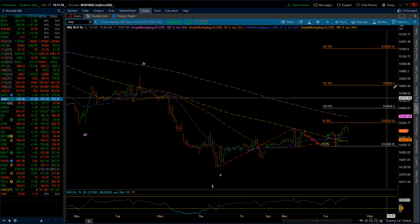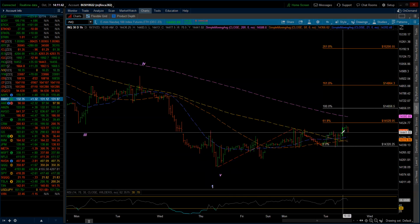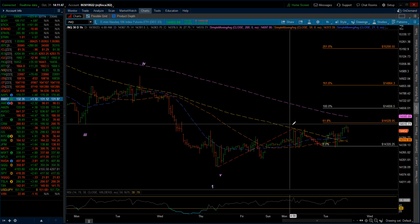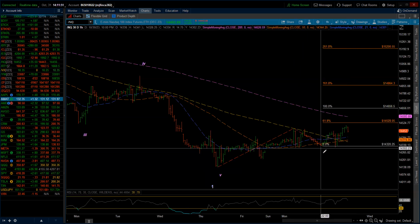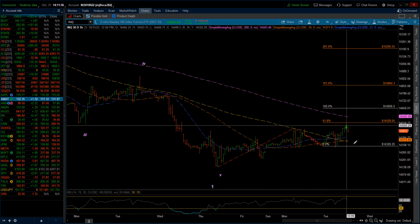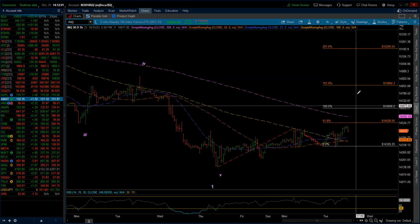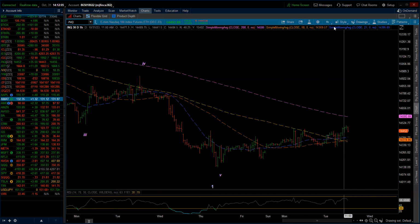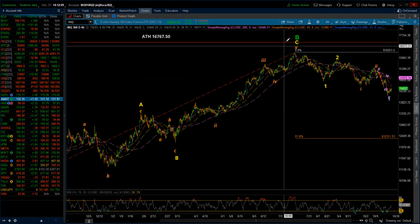And you could see where we were getting. We were getting up pretty high to what this could be. Even if this is ABC, A, B, C, the first larger A, ABCX maybe, A, B, C, A, B, C. So there's so many combinations that I just felt it left too much room to the upside. And so I came back out, went to that 4-hour chart, did a little bit of work,